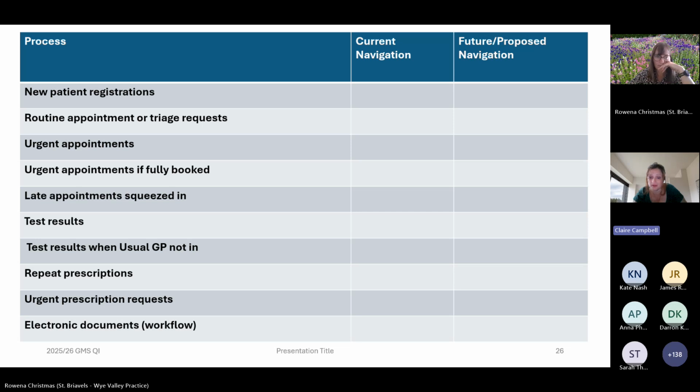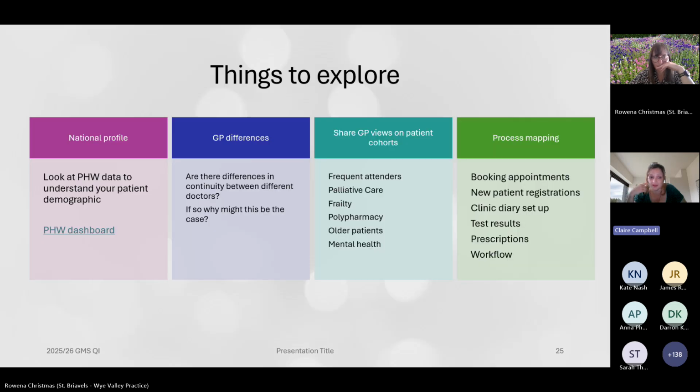However, we are going to be looking at bringing this out over the next couple of years through this project. So watch this space on that. Next, you could explore if there are any differences in continuity of care within the practice itself. Is there any variation between doctors and any healthcare professionals? It helps to then define what you want your focus of continuity to be. For some practices, this could be a full personal list approach. For other practices, this could be looking at small groups of patients to see if you could make changes that would influence their health. The examples include the frequent attenders, end-of-life care, frailty, polypharmacy patient groups.